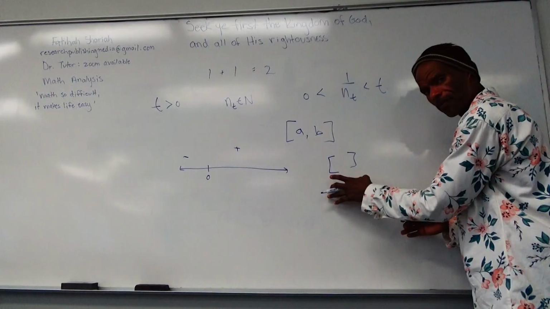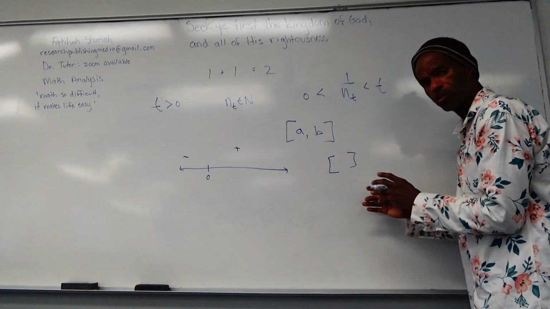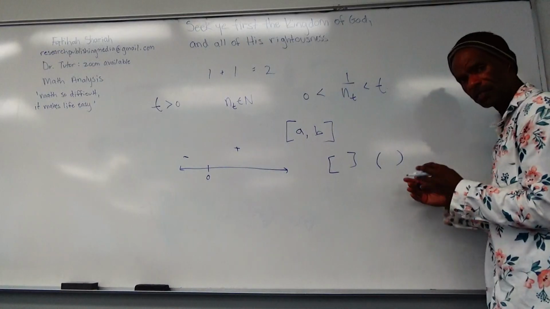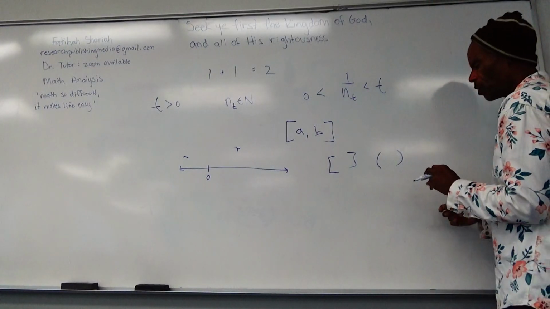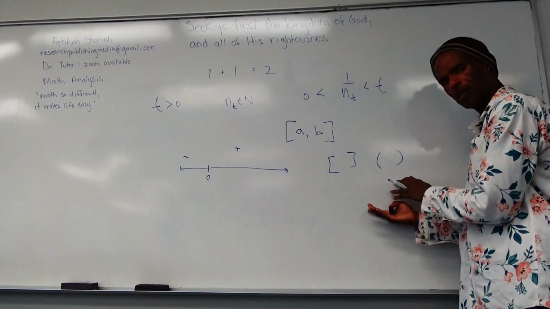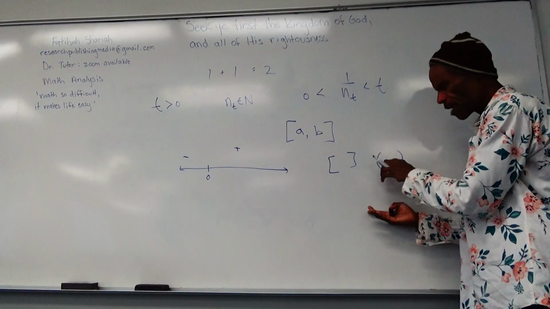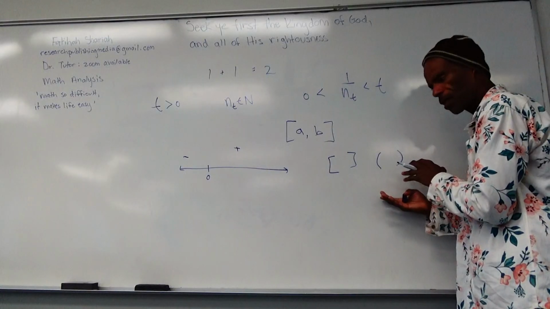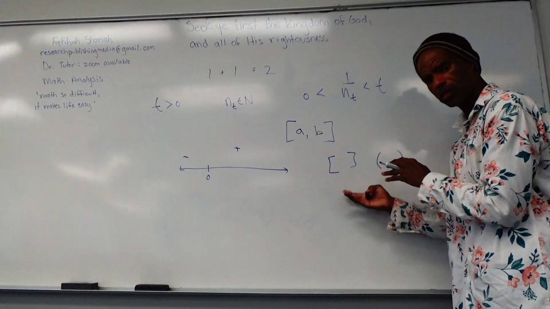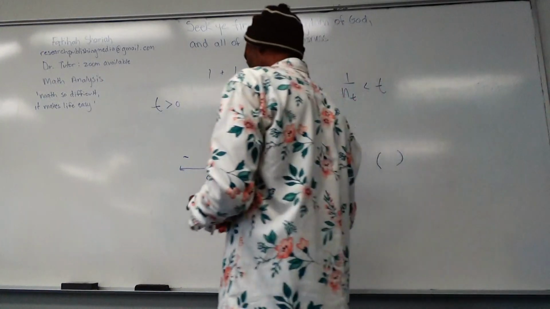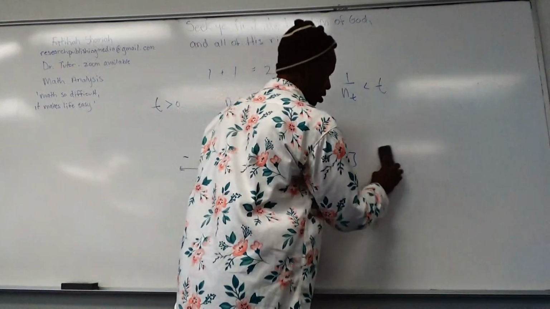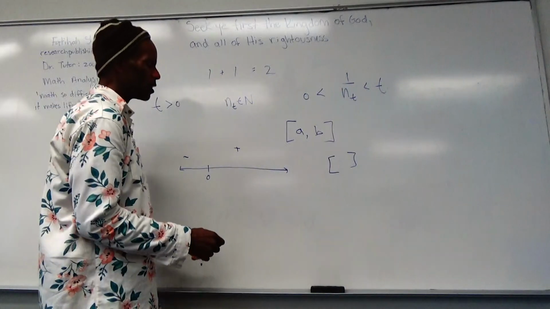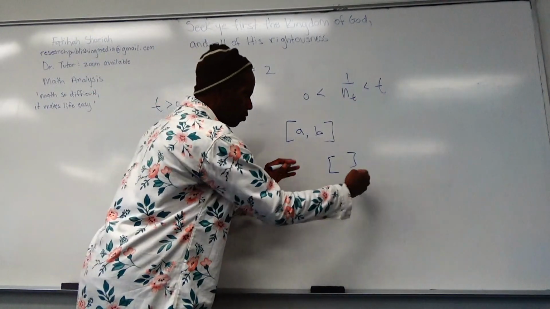This is a set, but it's closed. It's not open. An open set is the parentheses. This is now talking about mathematics. When you use parentheses in this shape, that's an open set. This is a closed set. So we're talking about a closed set. A closed set means that when you're dealing with this set,